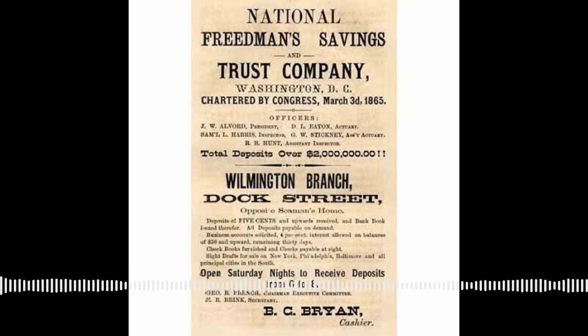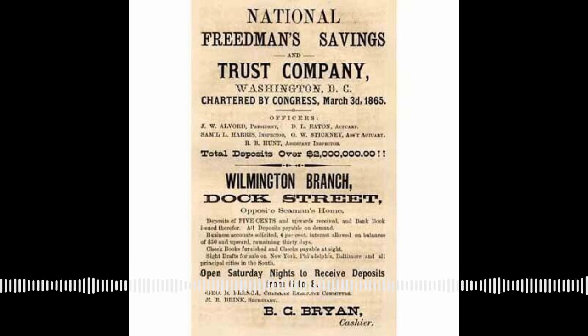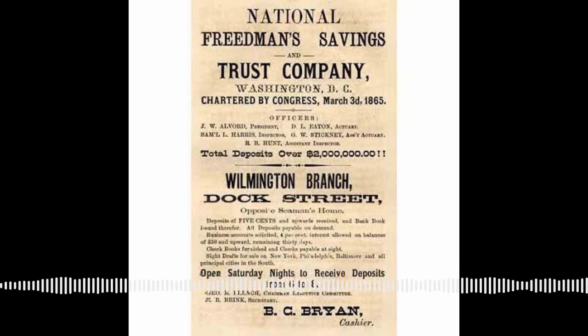So Alvord wanted to establish a bank that would assist freed Black Americans in their savings, their financial development, and integration into the American economy. Now, this was not the first time that somebody had tried something like this. Alvord's plan was going to be on the largest and most organized scale, but he got the idea in 1864 from several Union generals who had also seen the need for banks for Black soldiers and created their own